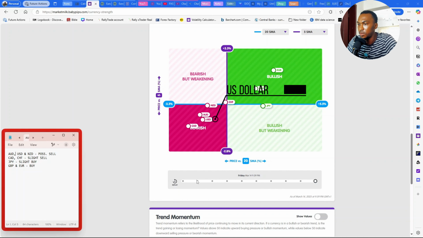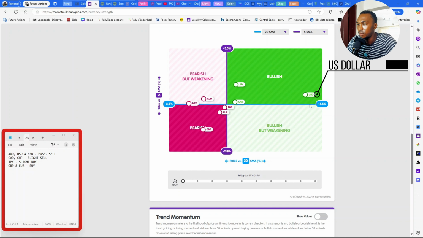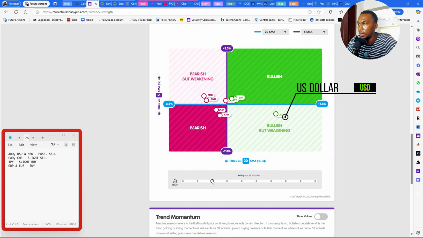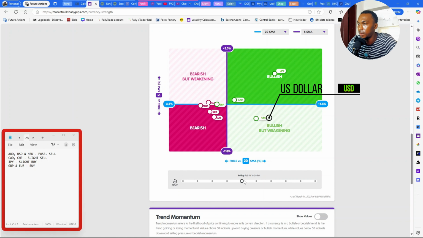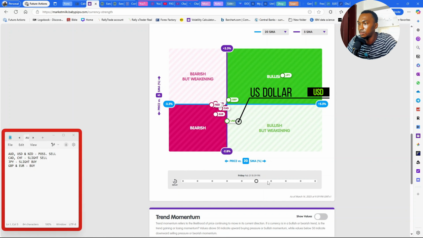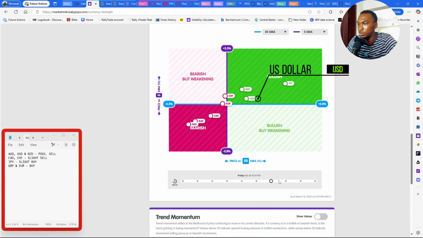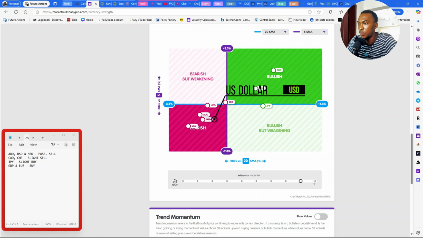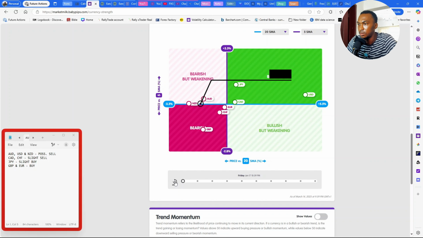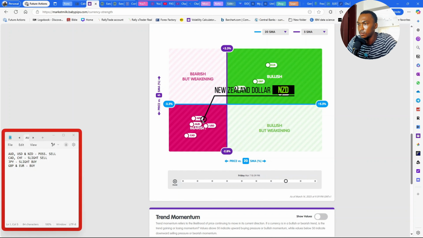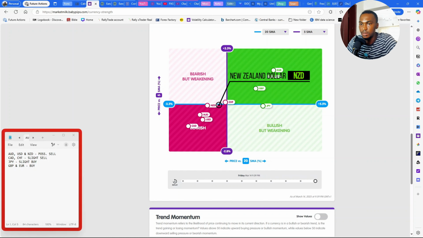US dollar, let's see the US dollar, strong buy, weak buy, fell it so much down. Oh wow, it's been there, like it's staying there for a while now, so it's in the selling zone. Same thing with the New Zealand. Let's see, New Zealand. Okay, so New Zealand is still the sell,